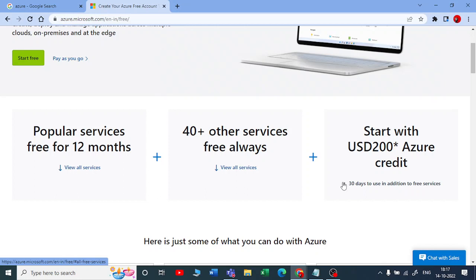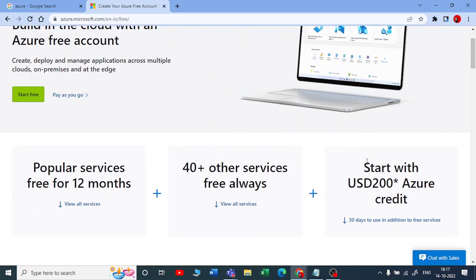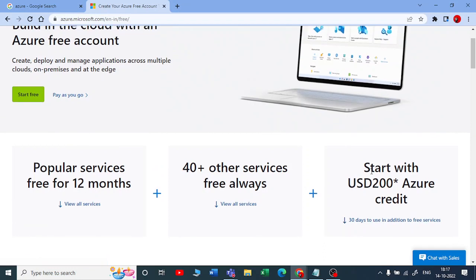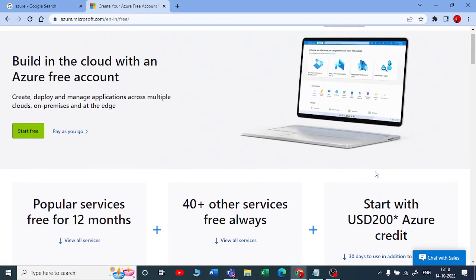So whatever services you are using, the pricing will be decided according to that, and you have to pay. Because when you are setting up the account for the first time, they will ask for all your debit card and credit card details also. But not an issue. You can just ignore that, and you can open a new account again with a different email address. So this is one way.